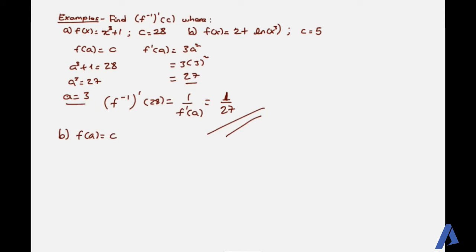ለb ደግሞ the same way f(a) = c የሚለውን ሪሌሽን በመጠቀም መጀመሪያ ለa ሶልቭ እናደርጋለን። ስለዚህ ይሄ ማለት 2 + ln a³ = 5, ln a³ = 3, e³ = a³. e is a number, ከa ጋር ተምታቶባችሁ ቫሪያብል እንዳይመስላችሁ። ስለዚህ ይሄ ማለት a = e ማለት ነው which is a number 2.71 የሚል ኮንስታንት ቁጥር ነው። ስለዚህ a ካገኘን f'(a) እናገኛለን, f'(a) ደግሞ ቀላል ነው it's